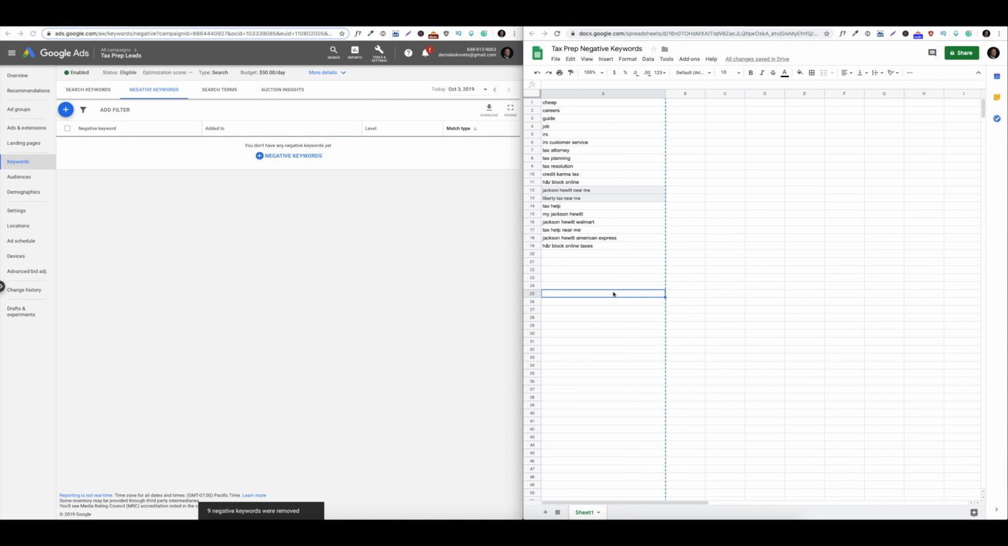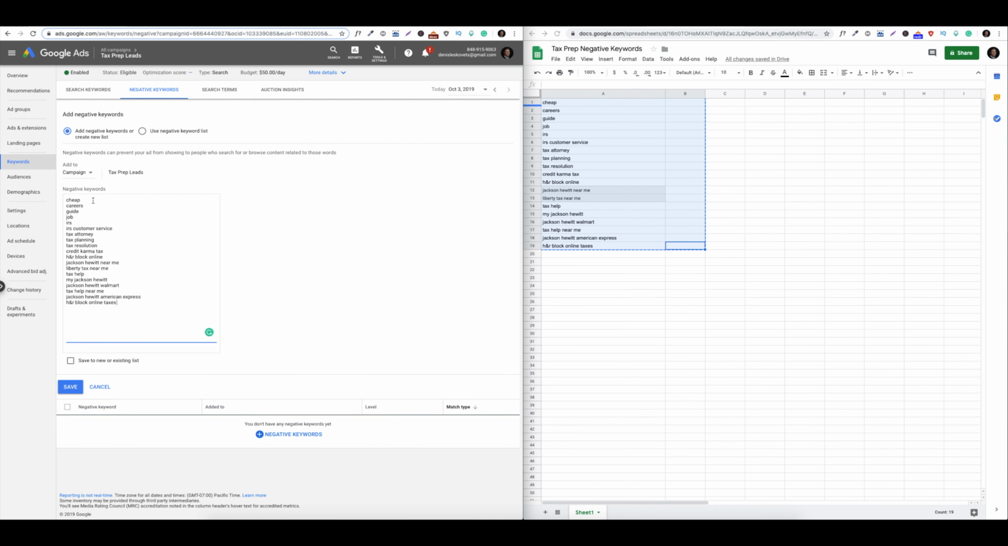Okay. So now what we want to do is take this list of negative keywords. Just gonna select these, and we're just gonna copy them in here. Okay, paste,